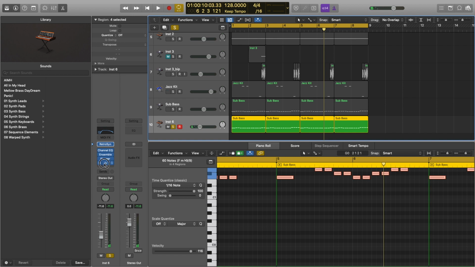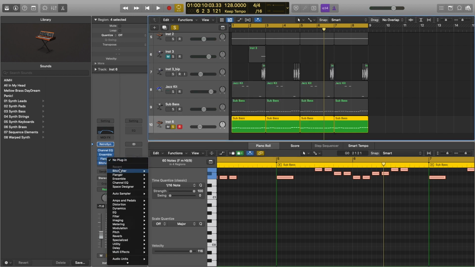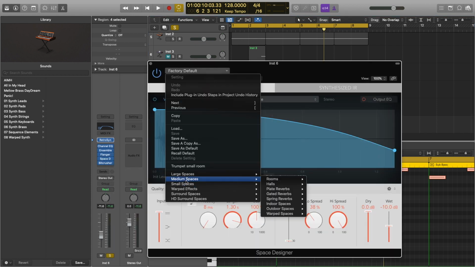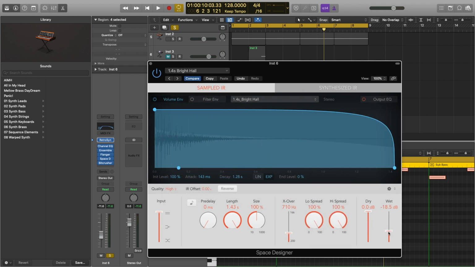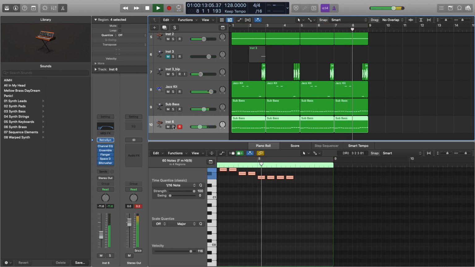So now I might add my reverb before the bit crusher, because the bit crusher also acts as a limiter. So I'll do Space Designer and just a little bit of reverb. I'll do a medium space, bright hall, and I'll turn this way down. All right, so that's a good